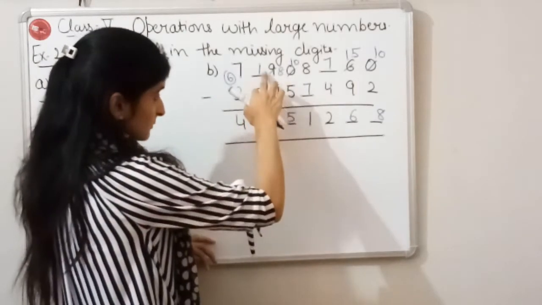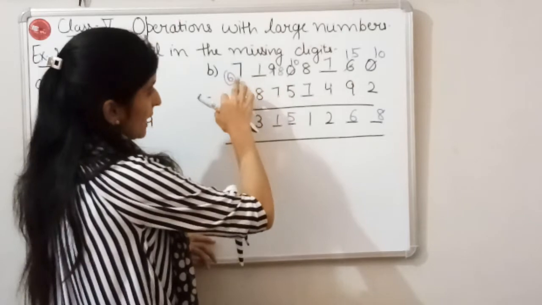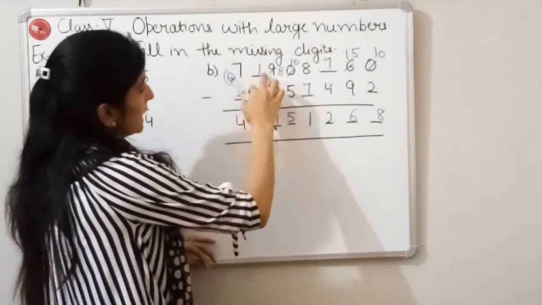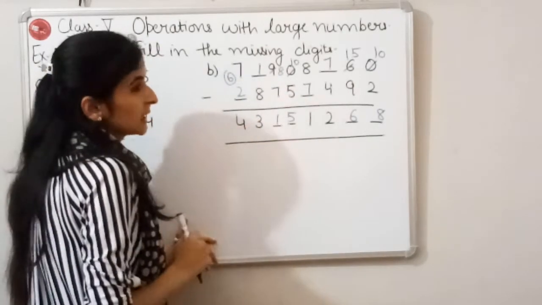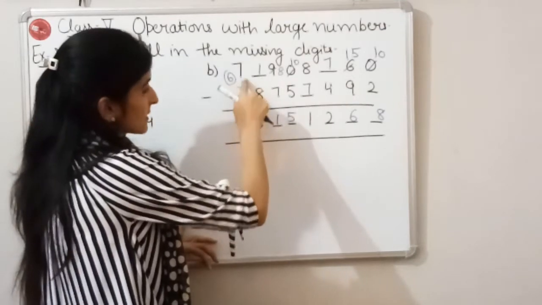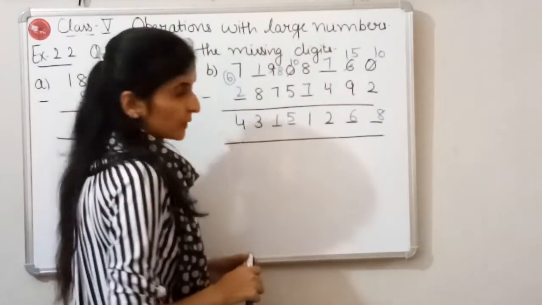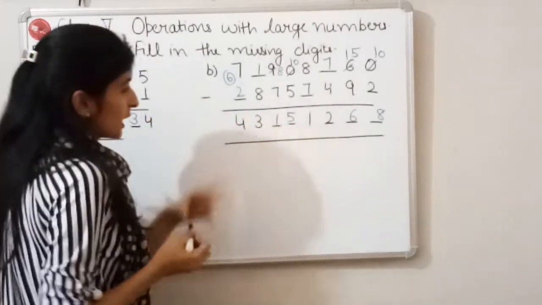Now here it was 1. So we have taken one borrow from here. 11 minus 8 is 3. This will become 6. 6 minus 2 is 4. Okay. So children, according to